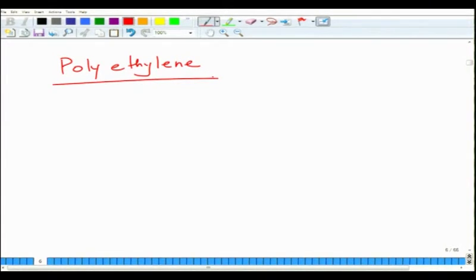So, polyethylene, the molecule is C2H4, and it can be represented as, you have C, okay. So, all the 4 bonds are satisfied. When it makes a mer, it becomes CC, H H H,